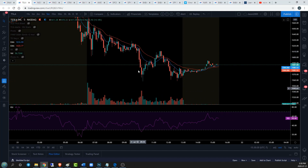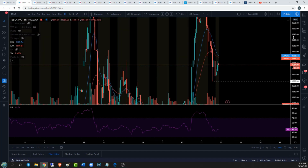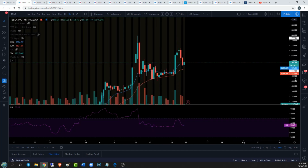The volume really picked up here on the break of that 1602, and we've maintained a 15-minute downtrend throughout the day. So what we do have is a nice support level here at 1558, nice double bottom. What we need to do is lock in this hourly higher low. If we can change the hourly trend here, that will fit the bill perfectly for setting a 4-hour higher low